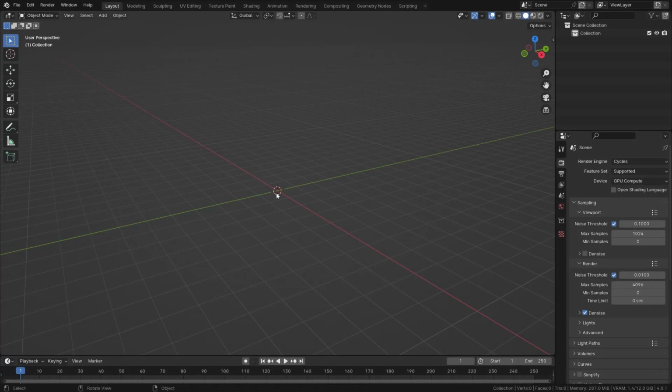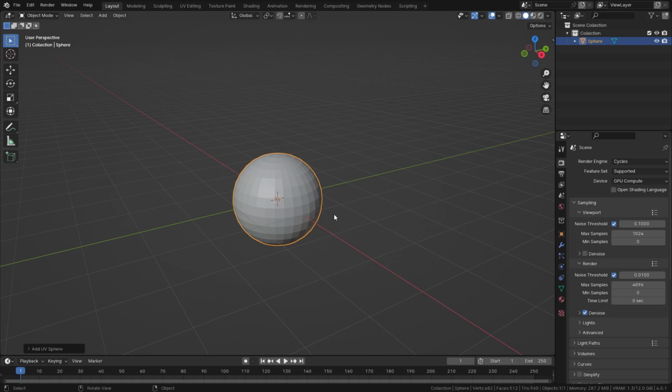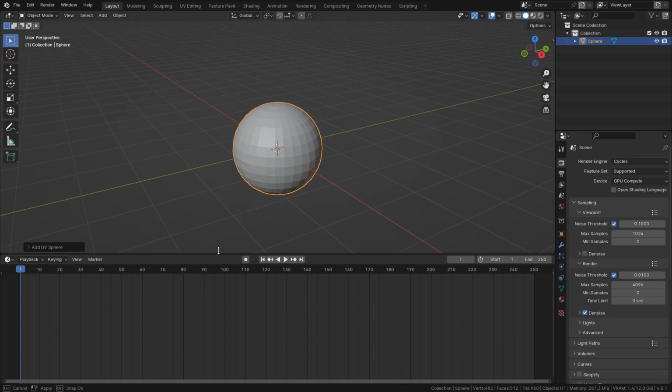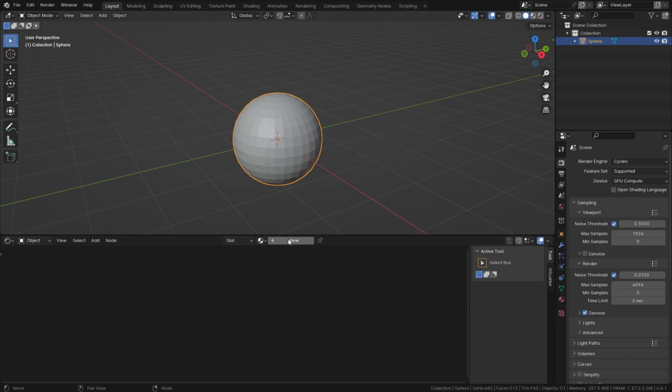Here's what to do if your displacement is not working in Blender. So first we're going to add a UV sphere here as an example, and we're going to drag this and change this to the shader editor. We create a new material and we name it stone,